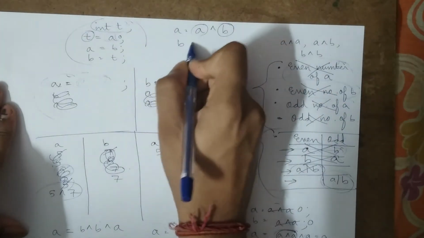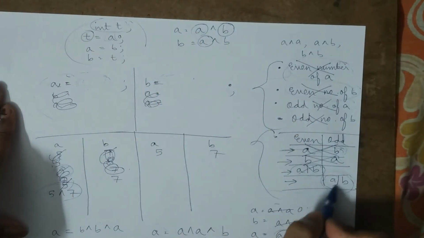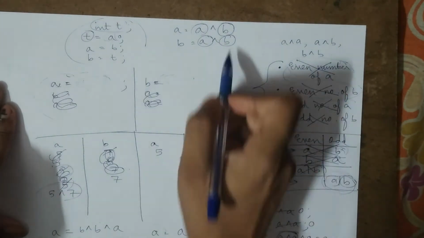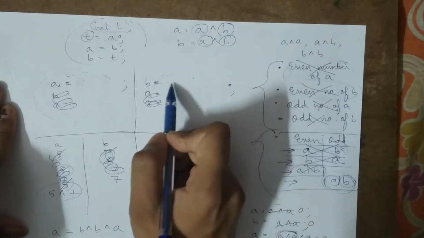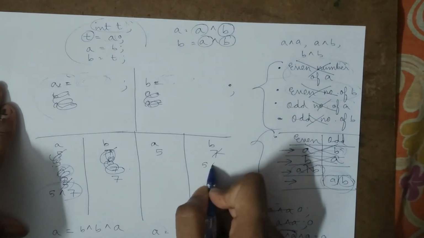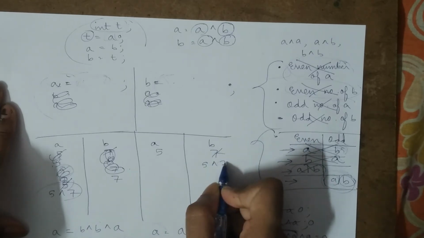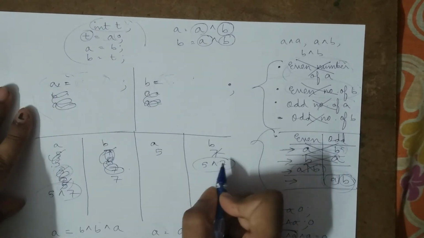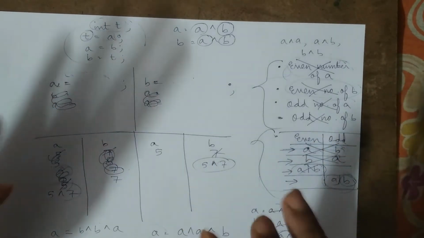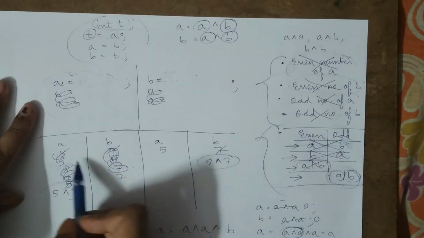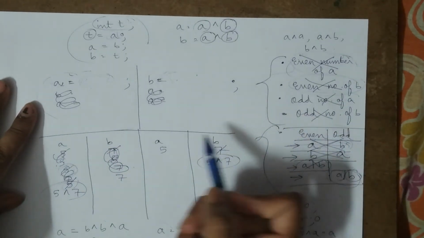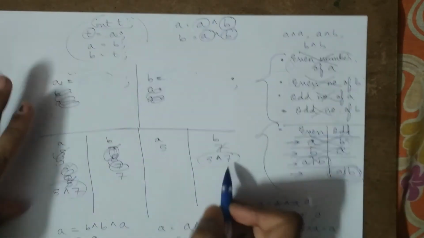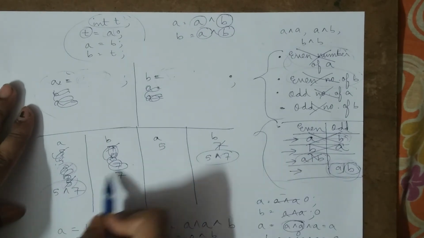In the right hand side of the equation, B is equal to A XOR B. I am taking A an odd number of times, as was mentioned over here, and B an odd number of times, as was mentioned over here. So again, I am taking this equation over here also. And why am I taking it? Because the 7 is not getting lost over here and it is somehow present, and all the A's and B's are present, though in the form of some joined with each other with the help of an operator. But they are present and not getting lost, like in all the previous cases where either A was getting 0 or B was getting 0, or they were directly getting swapped, resulting in the loss of the other number which we could not have recovered. But here all the numbers are present, 5 and 7, 5 and 7,